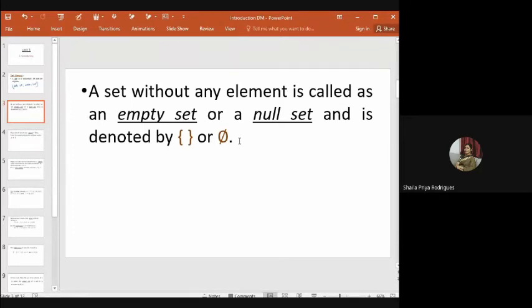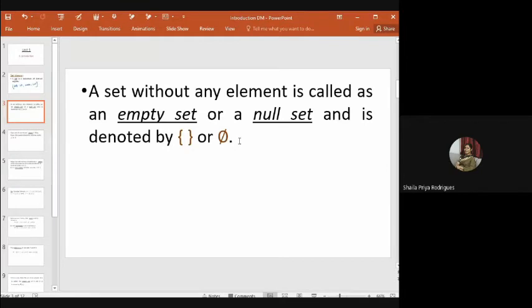Can you give me an example for a null set, an empty set? Like give me a definition, and when you try to list down the objects, you cannot find any object in it. So can you give me an example for a null set? I'll give you one and then maybe you can come up with some definitions. Make this class interesting, okay? Try and make it as interesting as possible. This does not depend just on me, it depends on you as well.